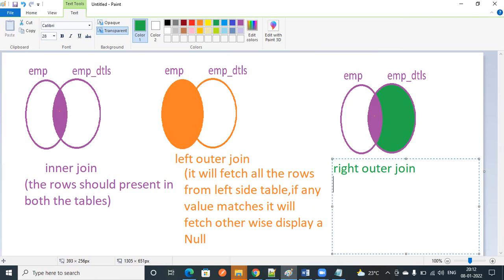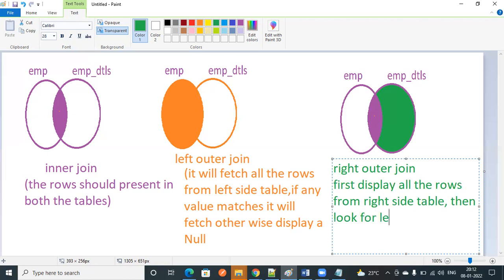Here also it is the same. First, display all the rows from the right side table. Then look at the left side.